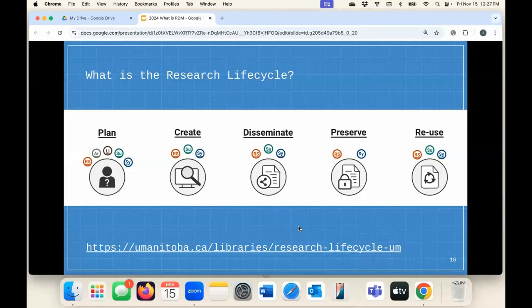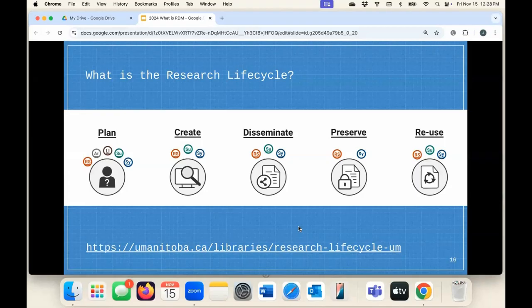Similarly, you might be publishing and preserving around the same time. And considerations for reuse sort of happen all the way through. This image that we're looking at here comes from the Research Services Lifecycle webpage, which is a group that I'm involved with here, other librarians that I work with. And so it's just another way to navigate our services. So if you look at the research data management page and it feels too linear or like not enough content, or you don't know which ones to use when, you might want to try this page. Very similar content, just organized differently.